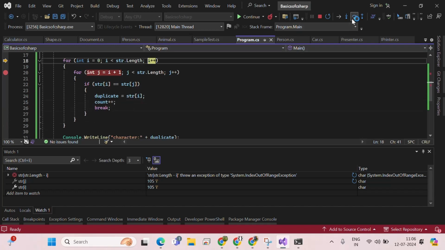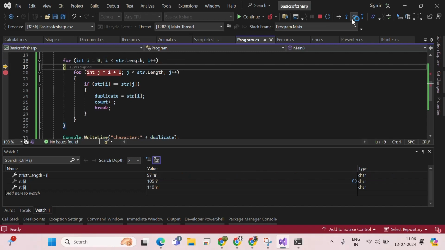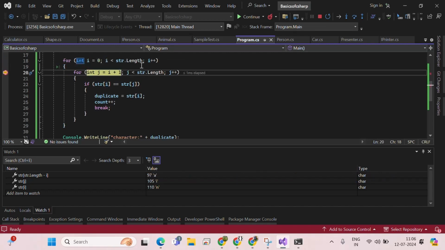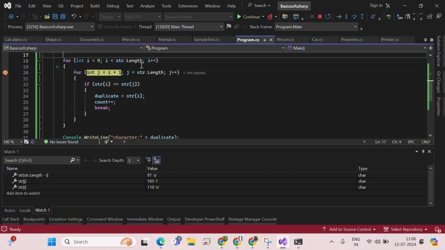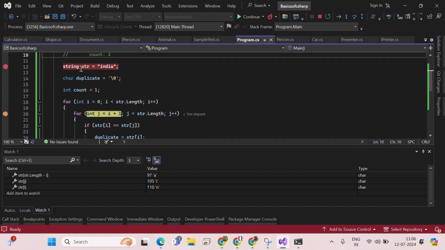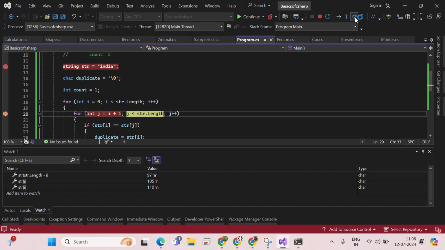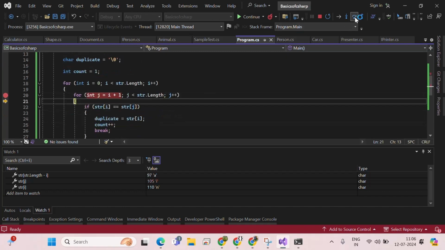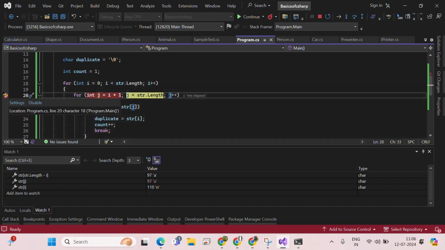Why is it going to check the next sequence? Suppose the character N is also repeated at the next level, then it is going to check the other characters as well. If there is no match, it goes through each and every case, and the output should be